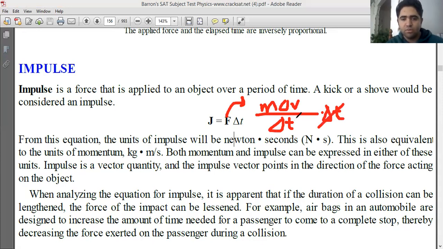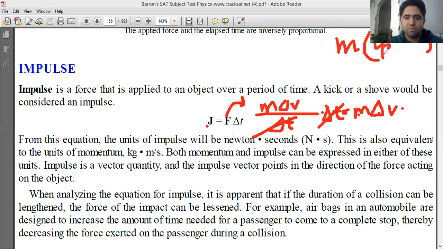So you can remove the delta t's. So you'll end up with m delta v. Okay, impulse equals m delta v. Well, what is delta v? We said delta is change. So how do you say change? You say vf minus vi,